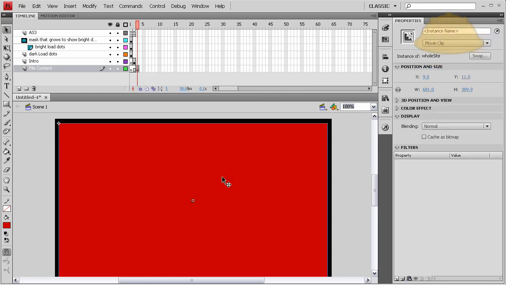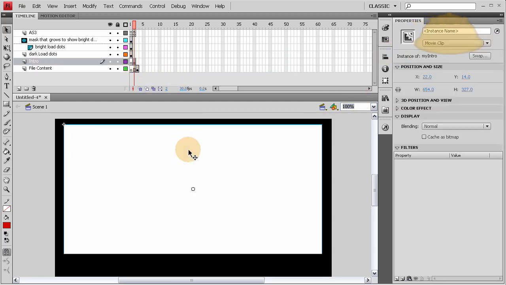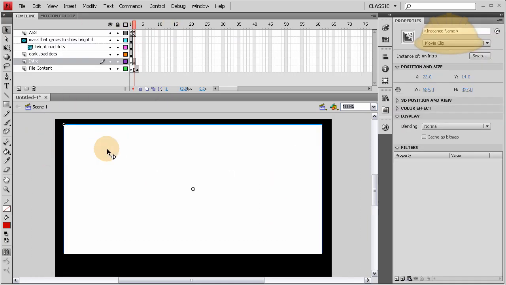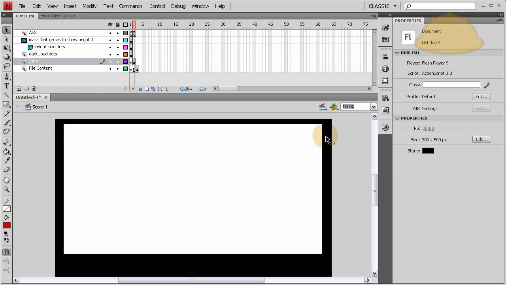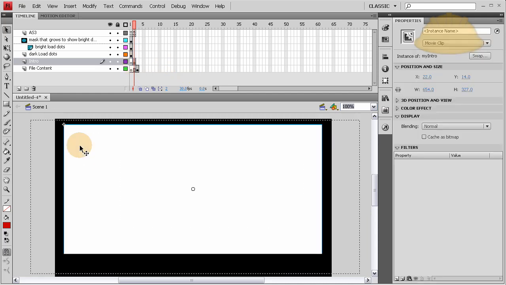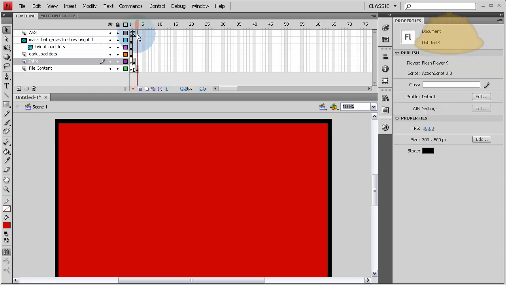We don't have to give it an instance name, nor do we have to give an instance name to the intro movie clip. So when we go inside, I'm going to zap out these boxes and really make an animation intro. And then once the intro finishes playing, the inside of its timeline tells the parent timeline here to go to and stop on 3, or maybe go to and play 3, whatever we choose to do. And we'll cross that bridge when we come to it. But for now, let's go ahead and build this intro